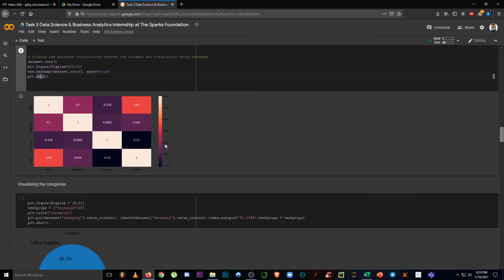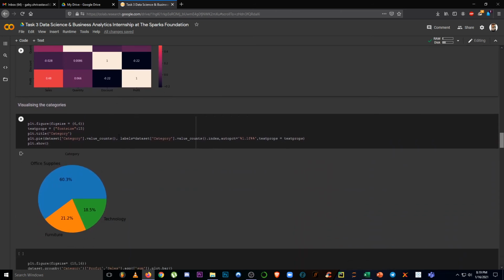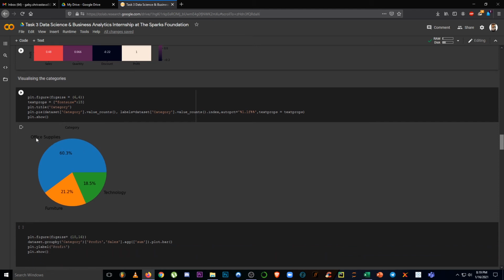Now we will see the categories in our data set. We have these three categories, which are office supplies, furniture, and technology.